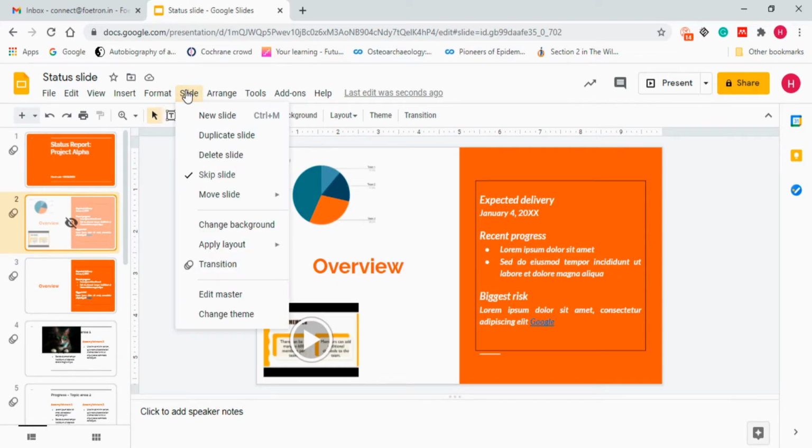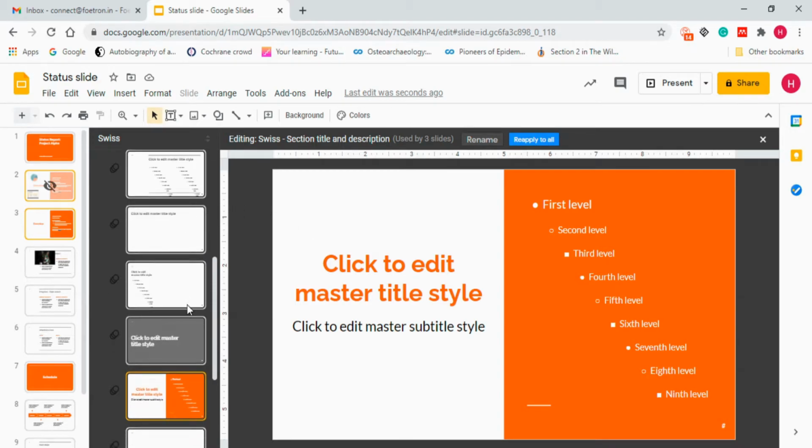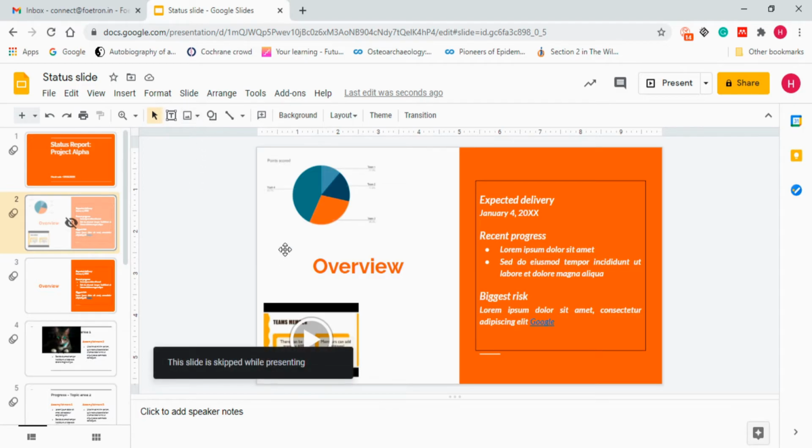In the slide section, the thing we are left with is edit master. When you click on it, you can see edit master just opens up. It is for editing. You can make changes according to your own desire. So this is an edit master, and you can make changes in the edit master as well. If you do not want that, you cannot close it from here, you have to close it from here. If you remove that, then again you get back to the things that you had.